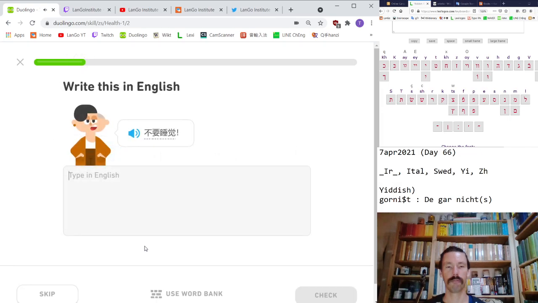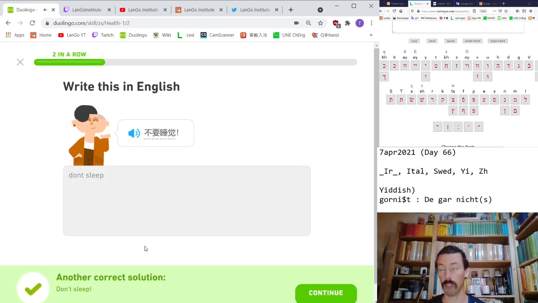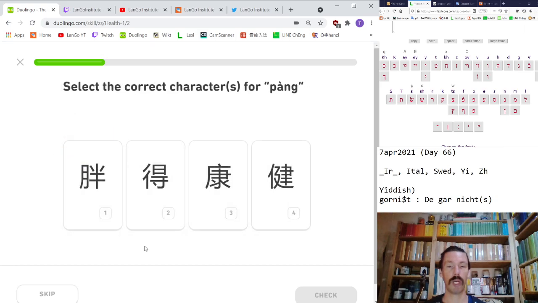不要睡觉. It looks like it means, but does not. I don't want to sleep. 不要, best regarded as just a single word, meaning don't. Let's do them all from left. The first one is 胖. I'll set it aside. 得, 的 or 的. Too many definitions to name right now. 康 and 健, opposite order for healthy.